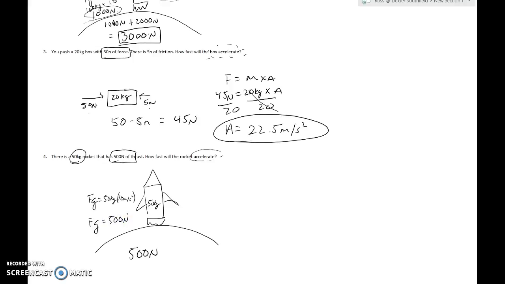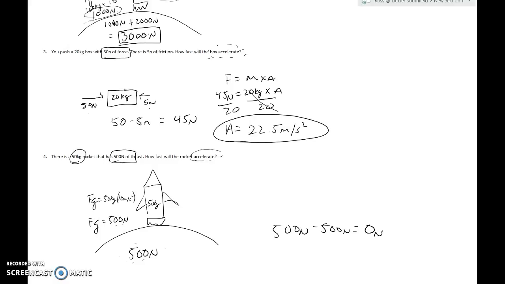Uh-oh. What's going to happen here? If the thrust of this rocket is 500 newtons and the force of gravity is 500 newtons, 500 N minus 500 N is going to be 0 N, meaning there will be no force left over. Right? So that's what would happen. Same thing if you're left with friction. If you have as much friction as you do net force,